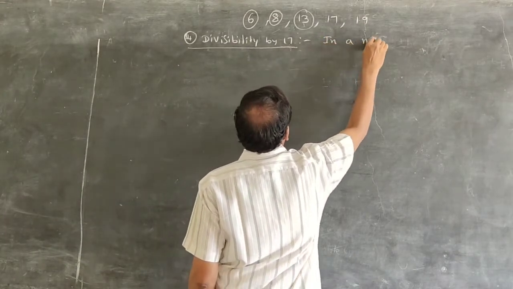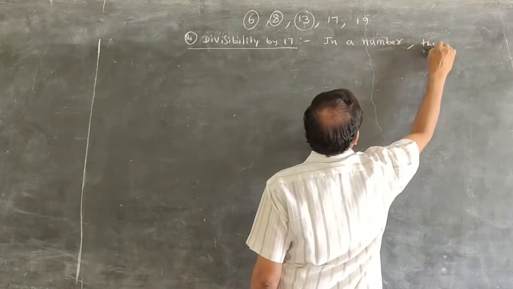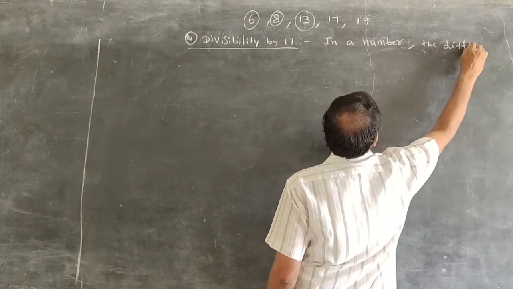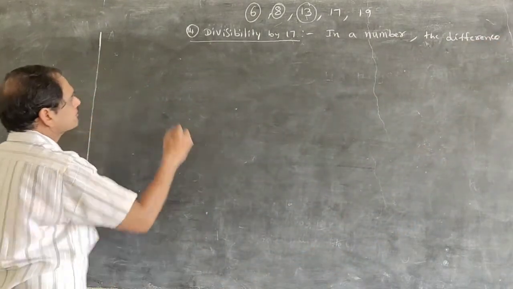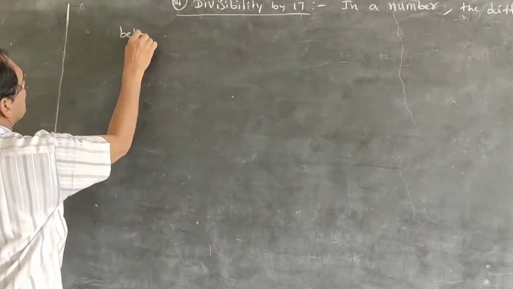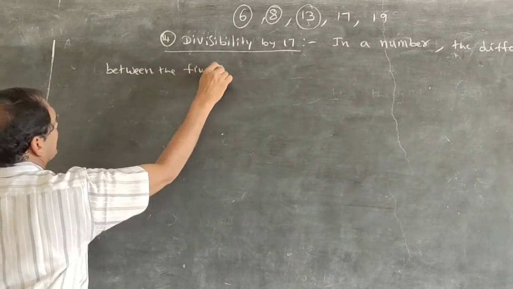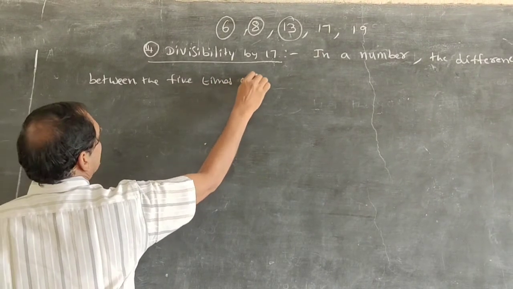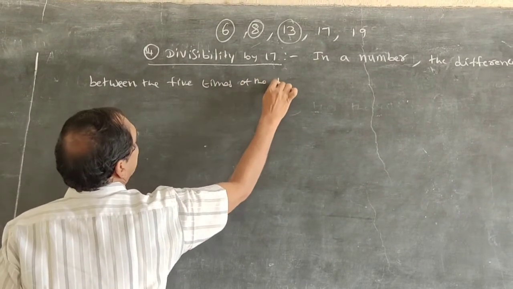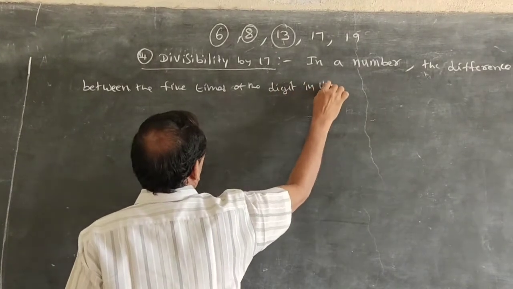In a number, the difference between the 5 times of the digit in unit place